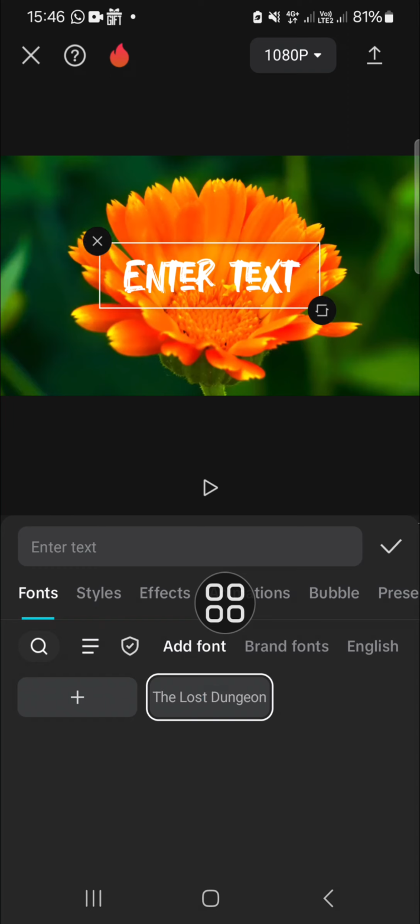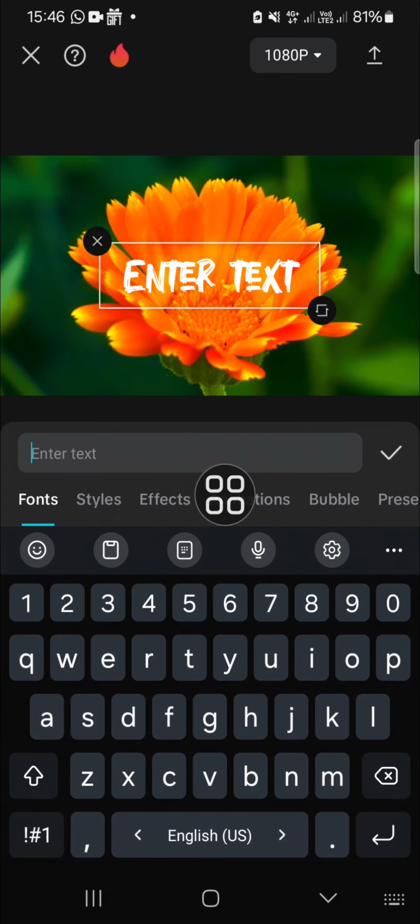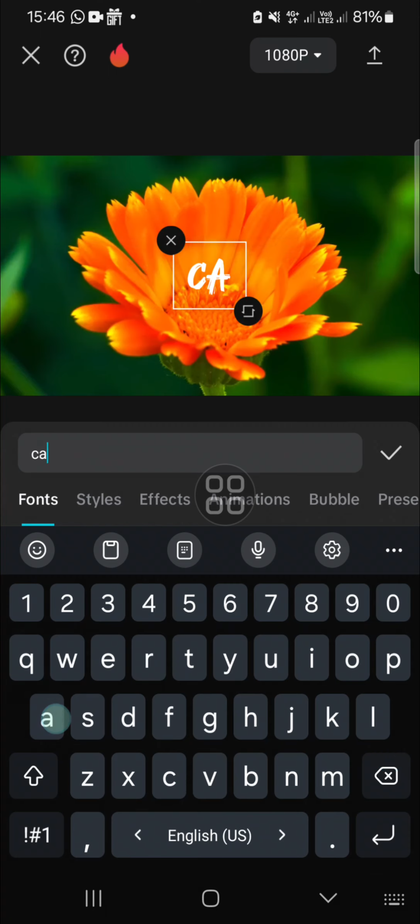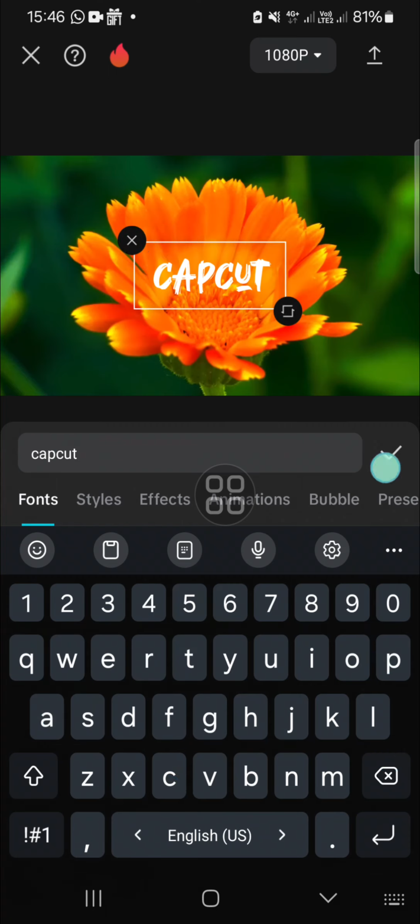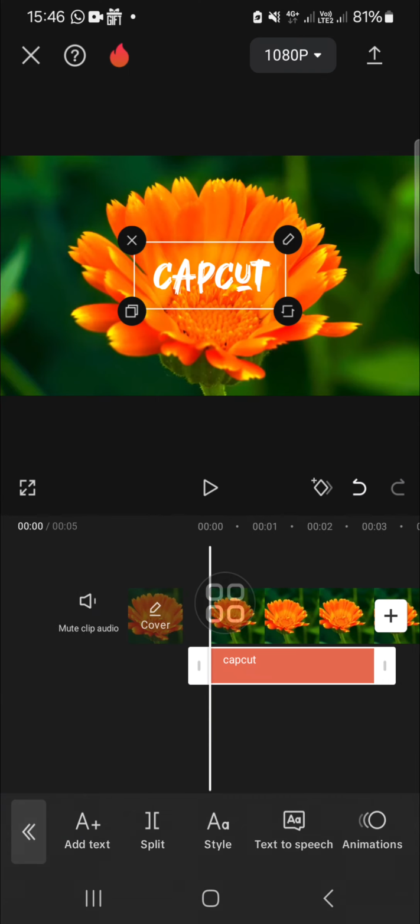use it. Just click on the font and you can type in the text you want to add to your video. I'm just going to type Capcut. Okay. Alright guys, and that's how you can add font in